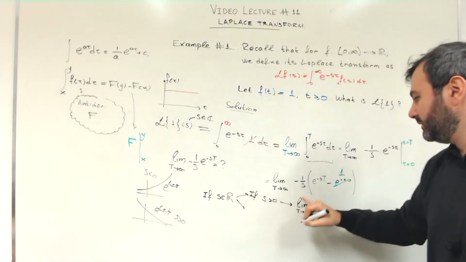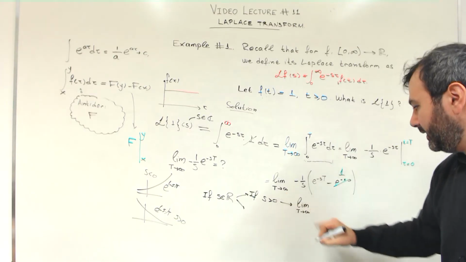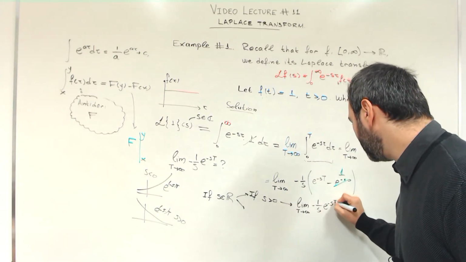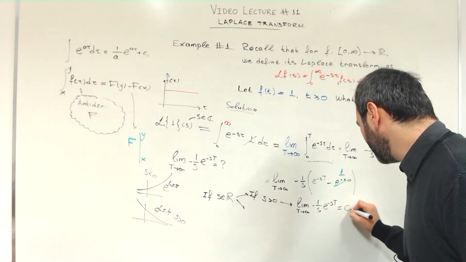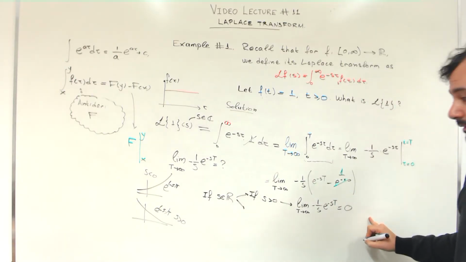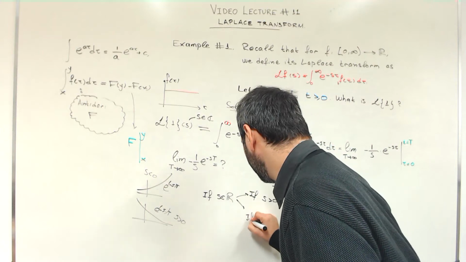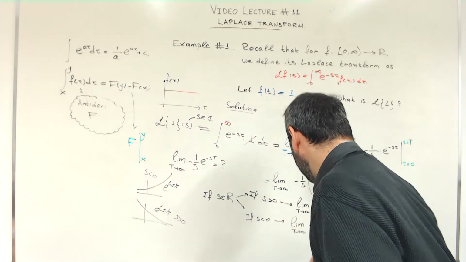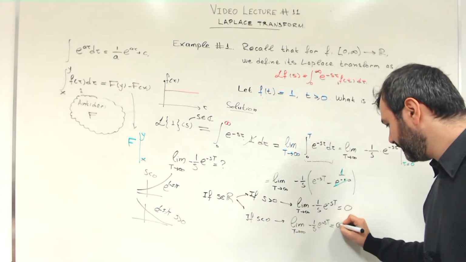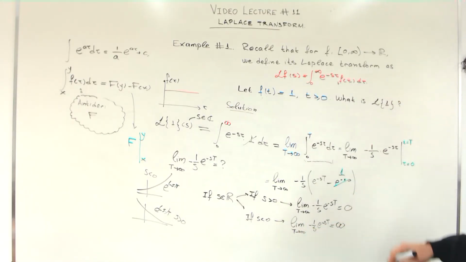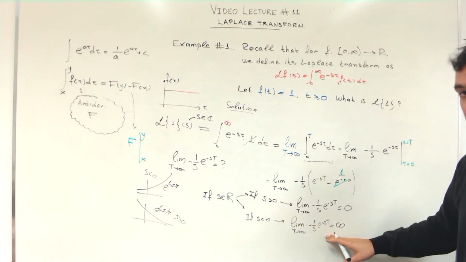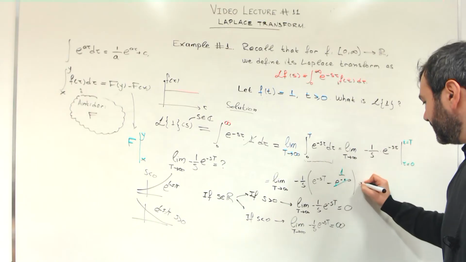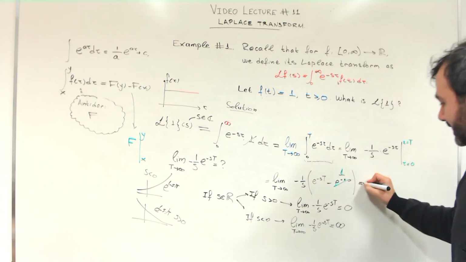If s is positive, then this whole limit, the limit as t goes to infinity of minus 1 over s e to the minus st, is equal to 0. But if s is negative, then this limit diverges to infinity. So it is not desirable to have things like that. Otherwise, this will be equal to infinity and this doesn't make sense. Instead, we can say here that